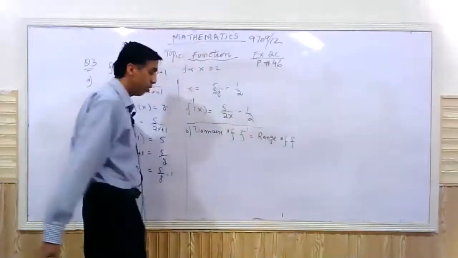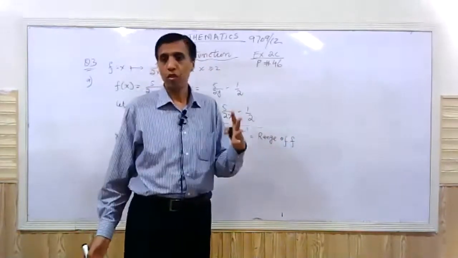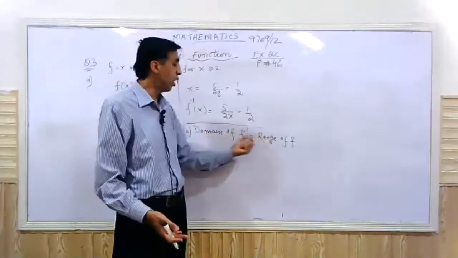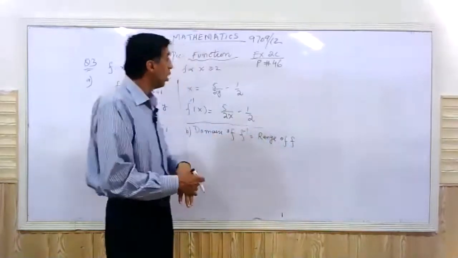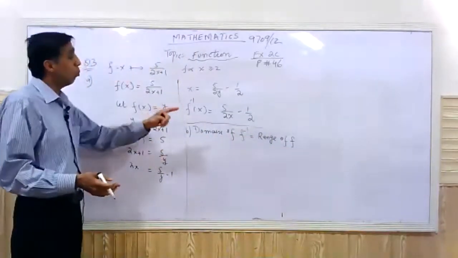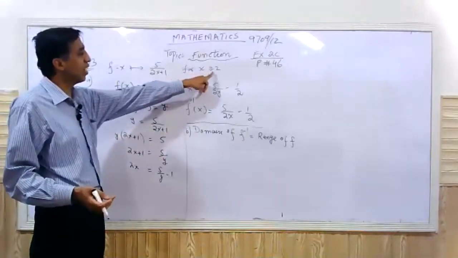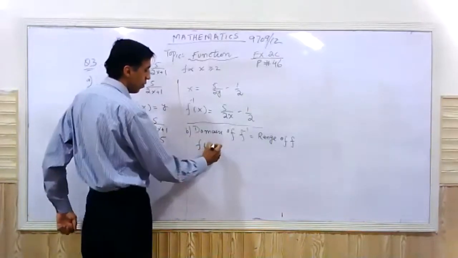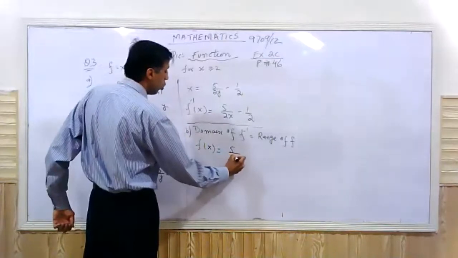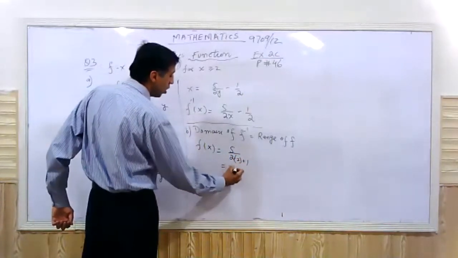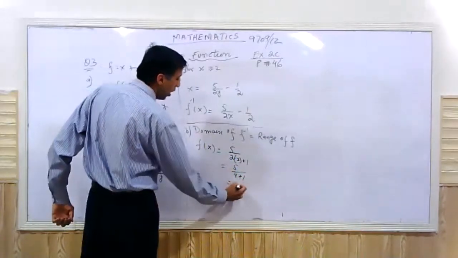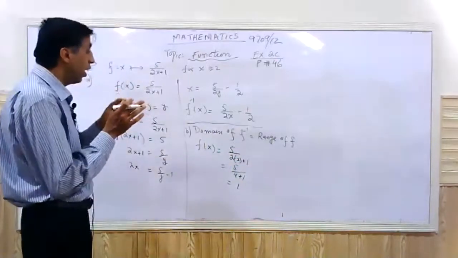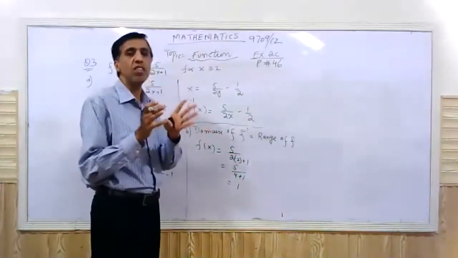Directly we cannot find the inverse of domain and inverse of range. They are equal to its reciprocal. Domain is equal to range and range of inverse is equal to domain of f. Now in this question, the domain is given to us: x greater than or equal to 2. If I keep 5 over 2 in place of x, I will get 1. It means the value of my range f of x is 1.